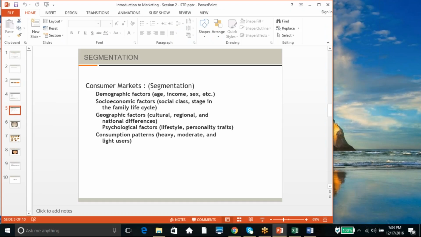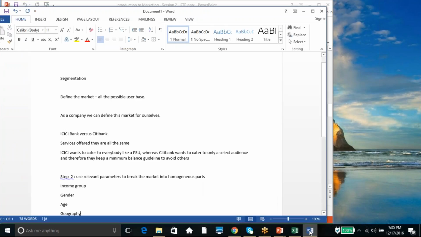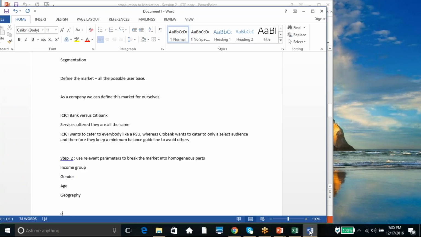So you can have a lot of demographic factors, you can have socio-economic factors, geographical consumption pattern, all that. So you can keep segmenting according to the product, use the relevant factors and segment. A question here which is important is that everything is a cost. So that should always be kept in mind. There is a marketing cost for everything that you do, and therefore that has to be always kept in mind,